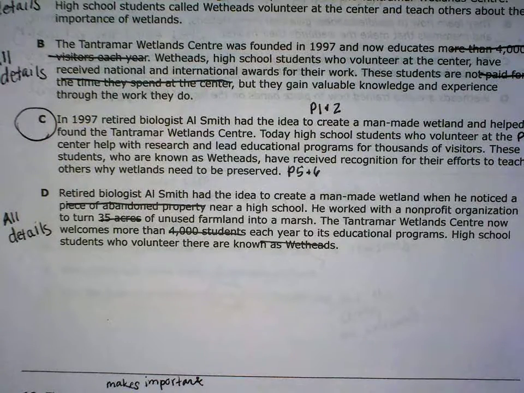And so if I look at my answer choices, answer choice A says, Al Smith, a retired biologist, was concerned about the loss of freshwater wetlands. In 1997, he had an idea to turn an area of abandoned farmland into man-made wetland. With the help of a student organization, I can stop reading because at this point I already know that there are too many details. How do I know that? If I go back to my